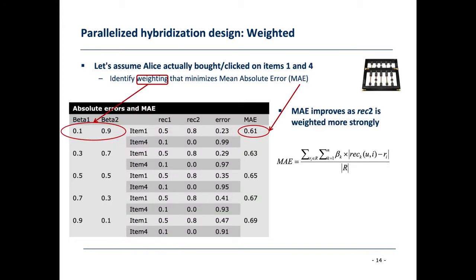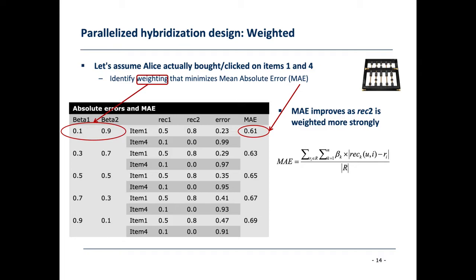So if we imagine here that we've got a set of 5 pairs for beta values, and we've got 2 recommender systems, we're looking only at 2 items here, item 1 and item 4, then we would actually find that the value of the mean absolute error, which is computed using the formula which is shown on this slide,